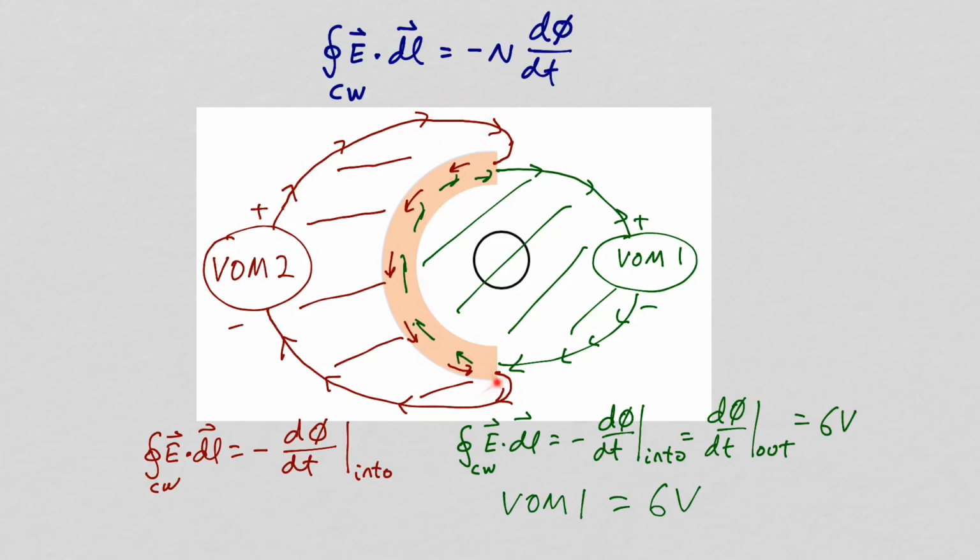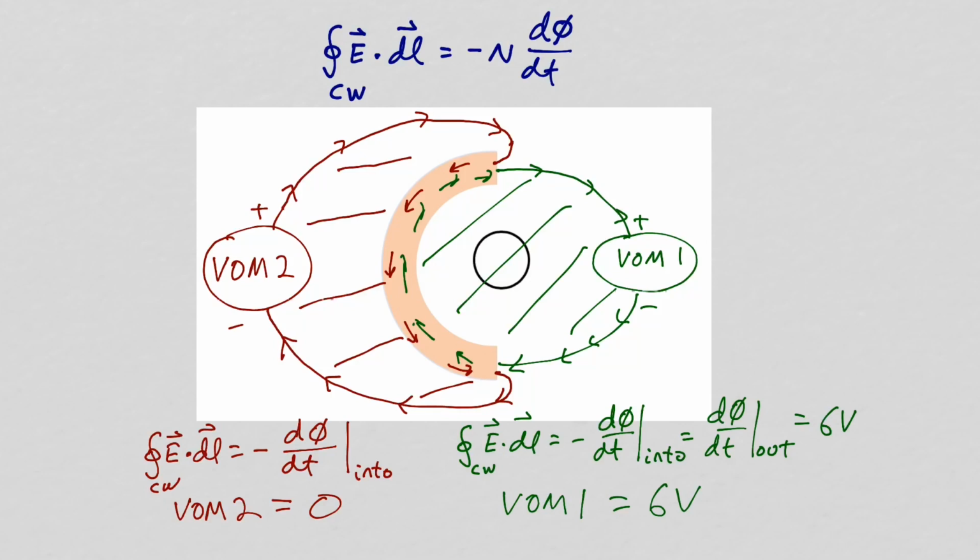Again, assuming very good conductors, we'll have no voltage drop across the leads and through the half ring conductors, so the only drop will be across the voltmeter. So the second voltmeter will read 0 volts. So we have 2 voltmeters attached to the same points in our circuit, but voltmeter 1 is reading 6 volts, while voltmeter 2 is reading 0 volts. So Faraday's law tells us the positioning of a voltmeter has an effect on the reading.